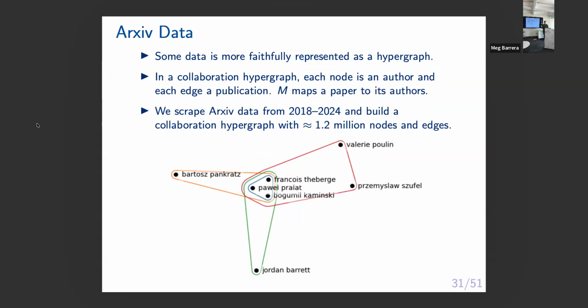If 3 authors write 1 paper, that's very different from 3 papers with 2 authors each. So we're going to model this as a hypergraph where authors are nodes, papers are edges, and our incidence function maps each paper to a set of authors. We scraped arXiv for about 6 years. We get about 1 million authors and 1 million edges. So not gargantuan, but fairly large.